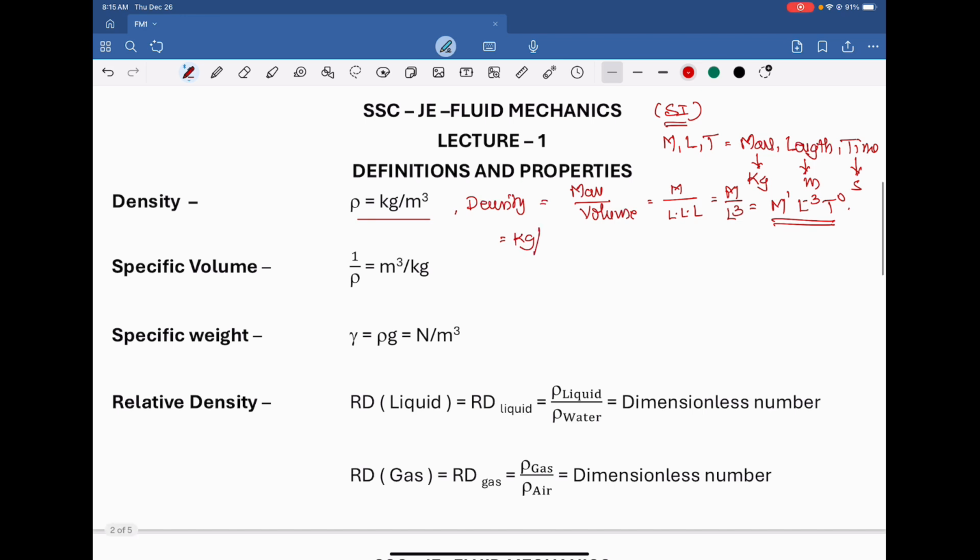L cube is cubic meter. And there will be definite temperature and laboratory conditions, atmospheric pressure, temperature. These are the conditions under which different fluids are measured. Temperature usually will be 20 degrees centigrade, laboratory conditions, and pressure approximately 1 atmosphere. Under 1 atmospheric pressure and temperature of 20 degrees centigrade, the densities of the different products are